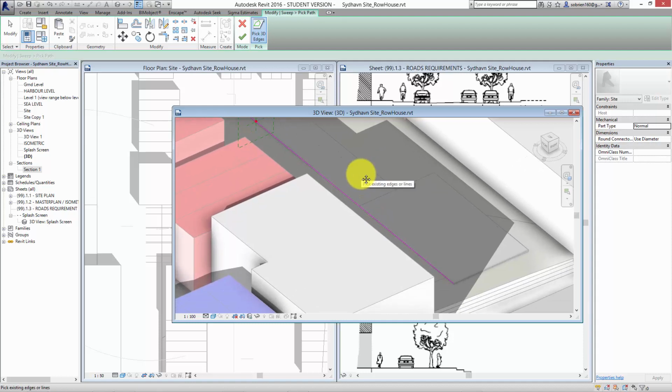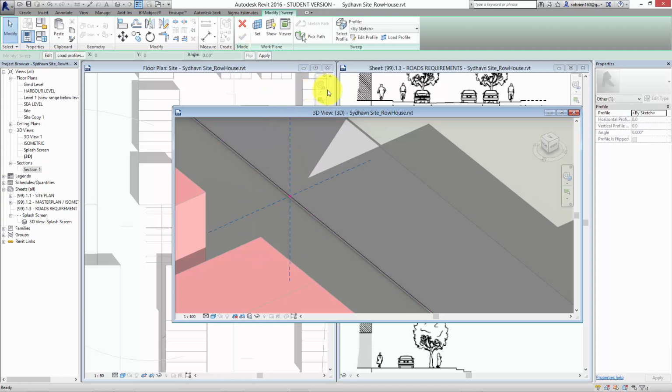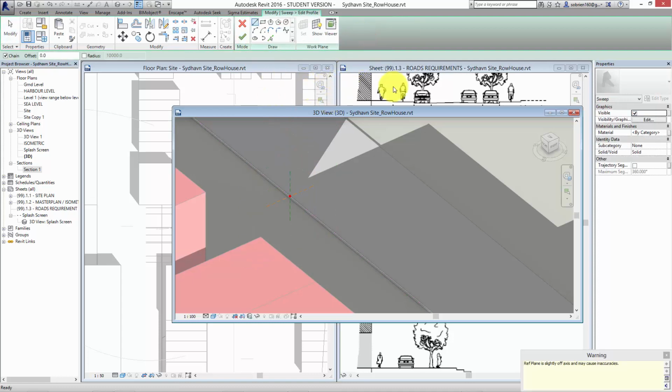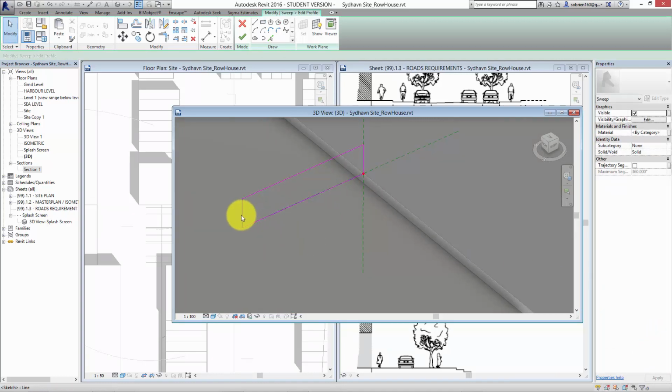and you can pick as many versions of the path. If there are several changes in level as you go through it, the sweep should follow those levels. So once I make it, I can accept it, and I can edit the profile by sketch, or I can create a profile family. But let's just say we want to make a pathway like this. It's giving us these error messages, don't worry about that, which we can just change to 500, for example. Or actually, no, the one we want to do is 400 thick. So 400, and we'll make it, let's say 20 mils above the ground. If I accept it,